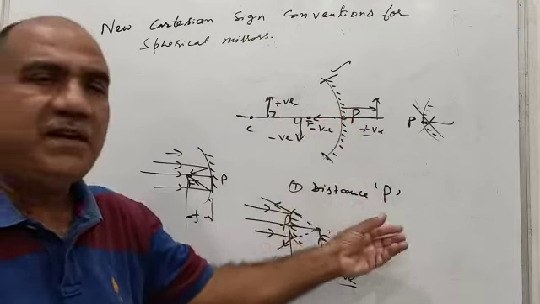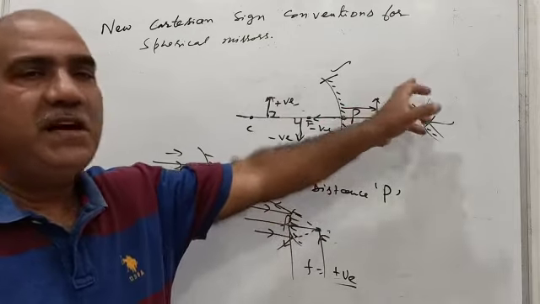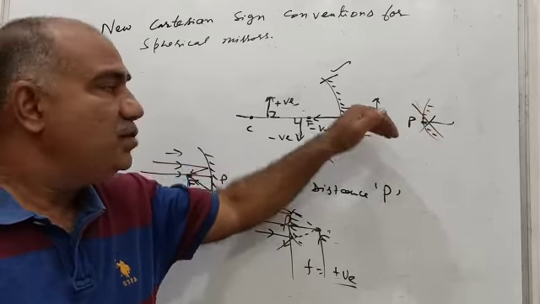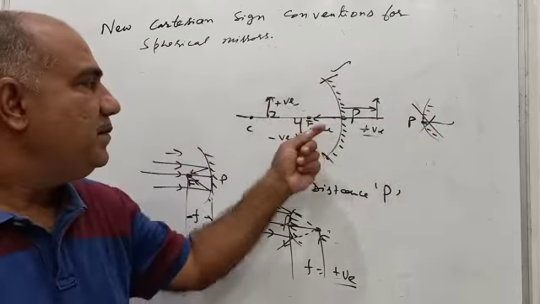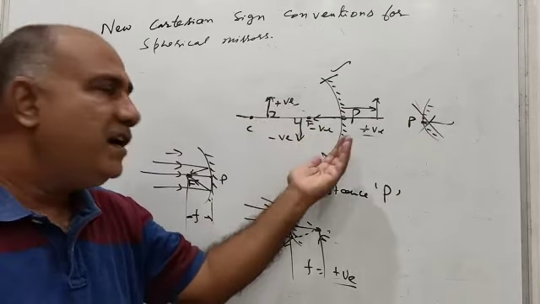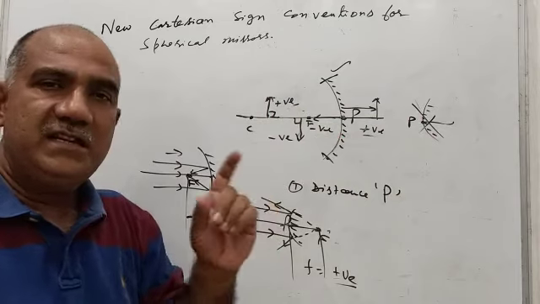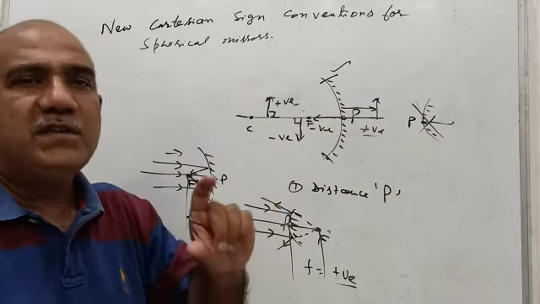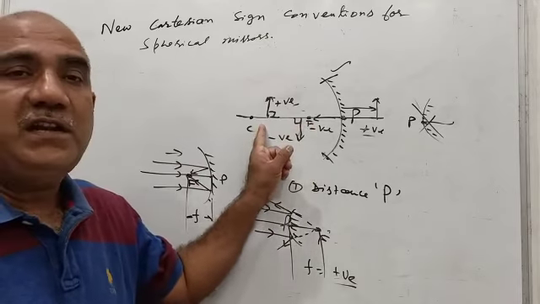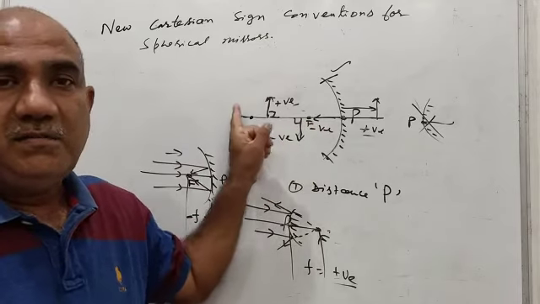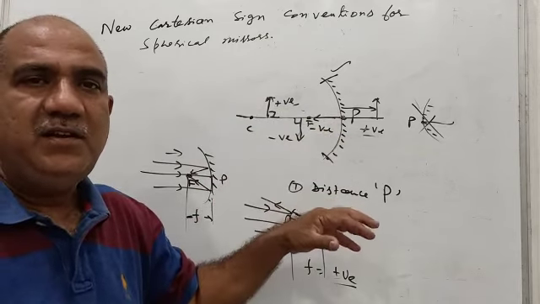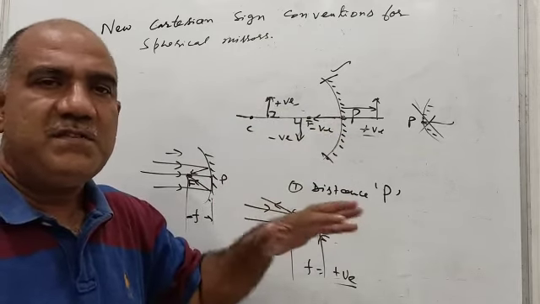Let us talk about the spherical mirror. Every convex mirror image will always be formed behind the mirror, so the distance will be assigned a positive sign, and the height will also be positive. But for the concave mirror, whenever it makes a real and inverted image, the distance will be assigned a negative sign, and the height will also be given a negative sign. The object is always kept to the left side of the mirror, so the object distance will also be assigned a negative sign. More than this is not required at this point of time.